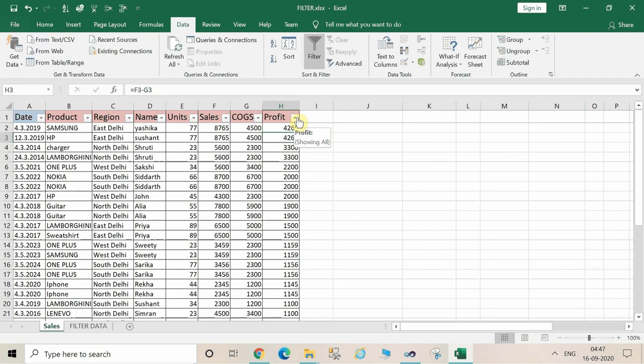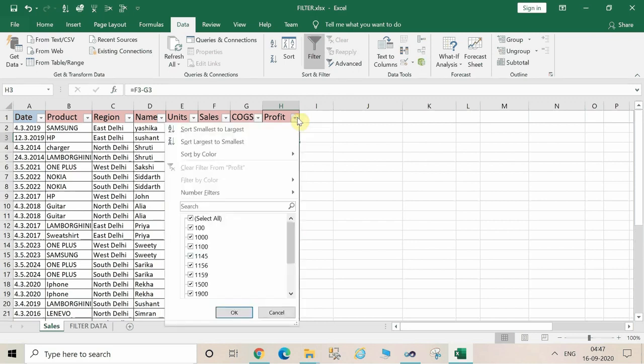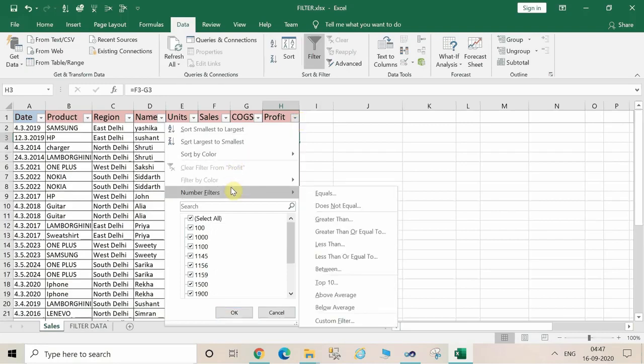If you click on this again, other options are also there. Number filters are the most important thing you can do in filters. Like you want equals, not equals, greater than, less than, equal to, between, top 10, average.